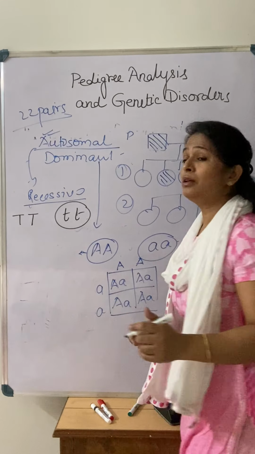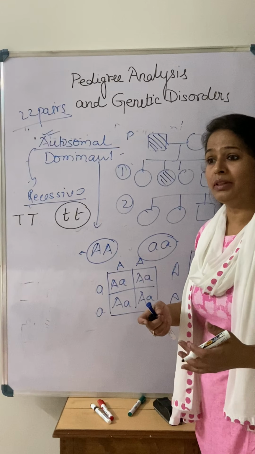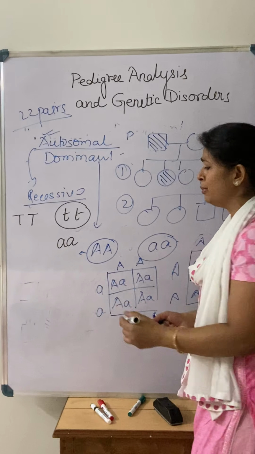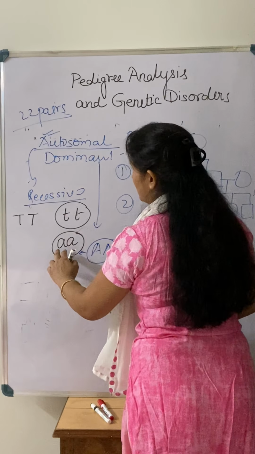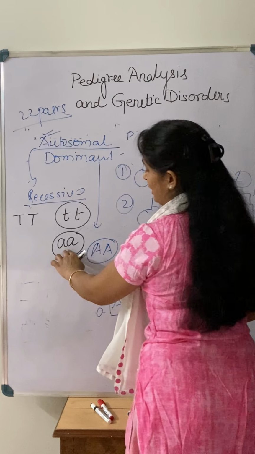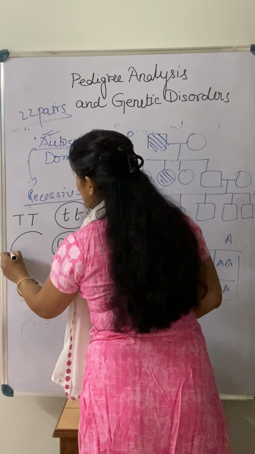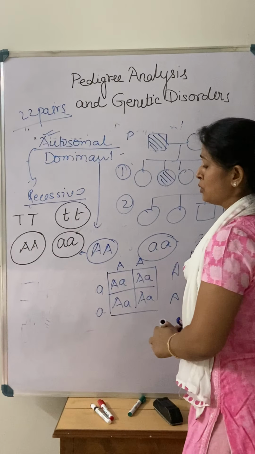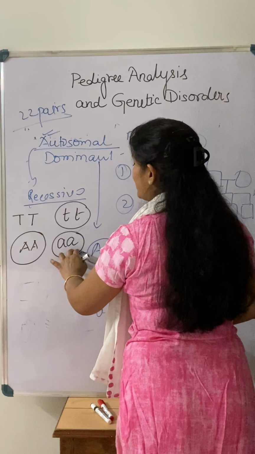It means when the person is affected with that disease, the phenotype should be something like this. I am giving one symbol for that, meaning the genotype of that person should be in this type of allele pair, right? And those who are not affected, they are like this. So this is what autosomal recessive is.